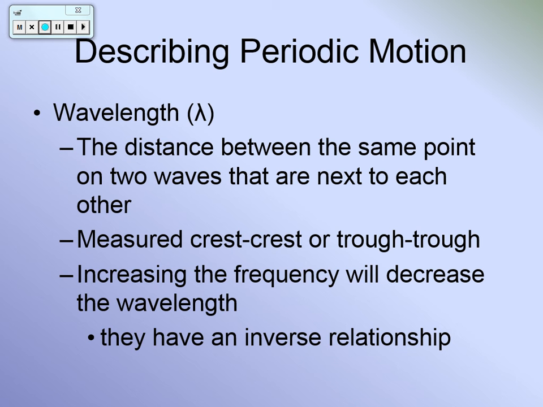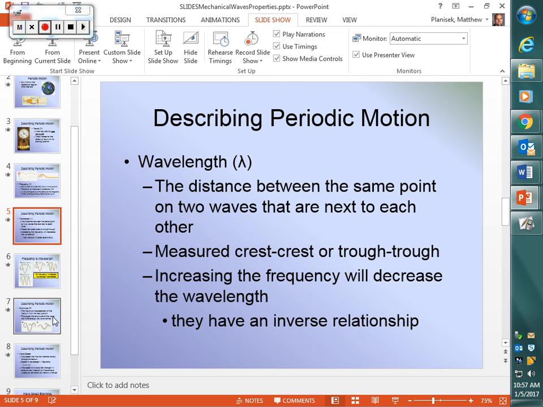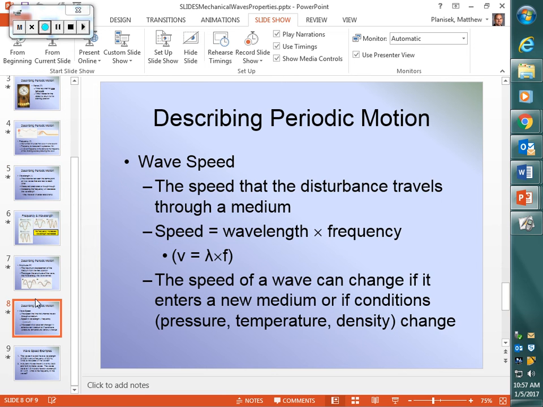We have a way of describing the distance of a wave. We have a way of describing the time of a wave. Right? If we can measure the distance of something and the time of something, what else can we then tell about that something? The speed, right? If we know the distance of something and the time of something, that relates to its speed. All right? So let's drop down here and let's talk about wave speed.